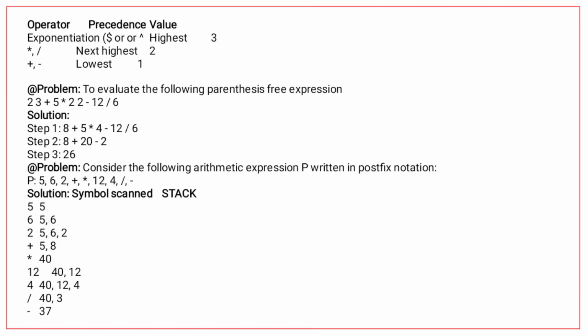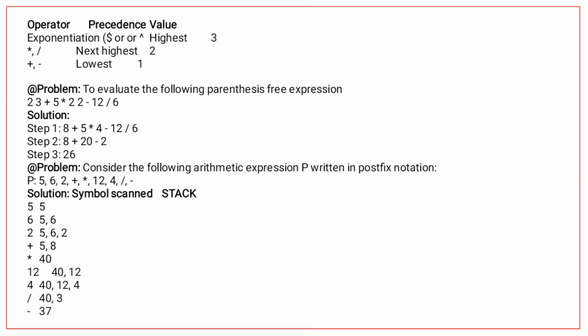Now we consider 5 binary operations: plus, minus, multiplication, division, and dollar or exponential. For these binary operations, the following is the order of precedence, highest to the lowest. Now see, the table shows the operation order of the precedence, highest to lowest.